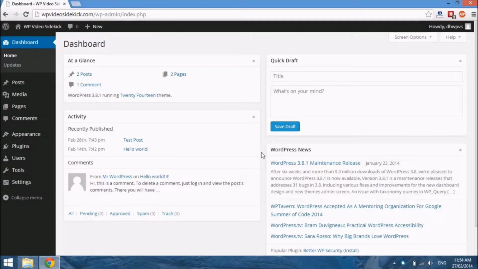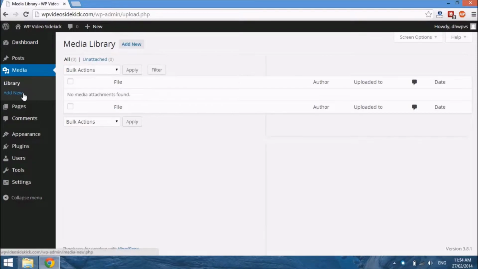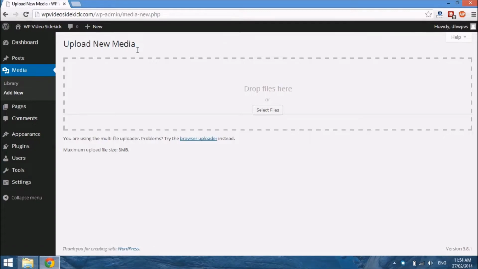In this video, we'll take a look at how we can add media to our posts and pages. And the first thing I want to do is introduce you to our media library. And of course, there's nothing in there because we haven't added any media, so we're just going to select Add New. And what the media library does is it